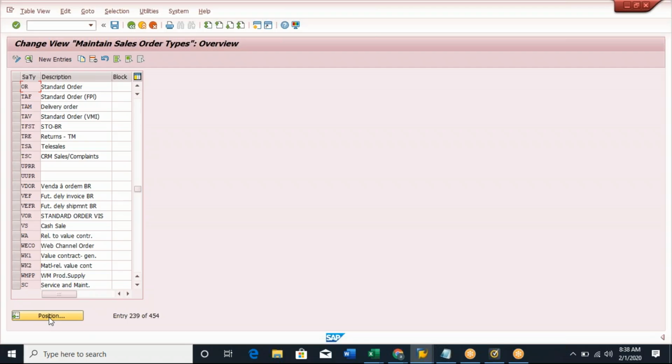From the German language perspective, it is very easy for them to remember, because they have their own naming convention. They can easily understand OR is a standard order. Okay, CS is a cash sale. Like this,